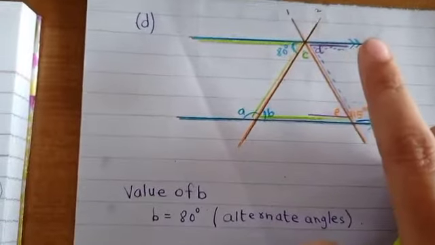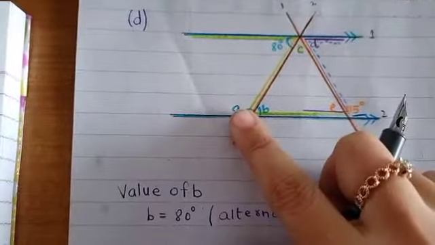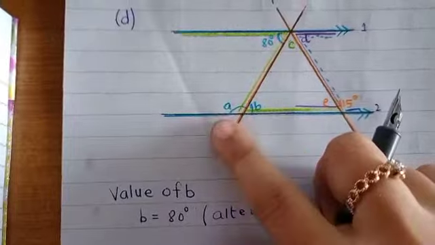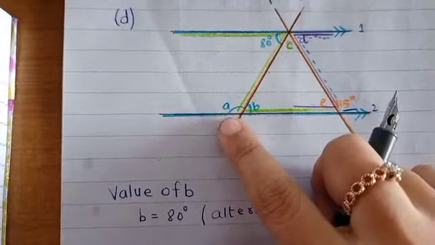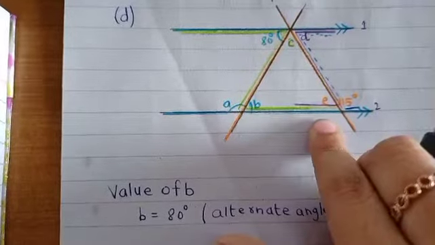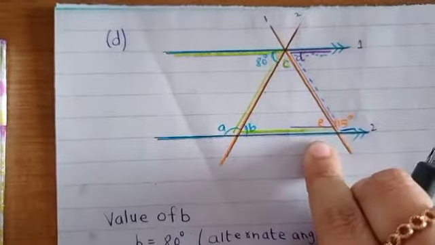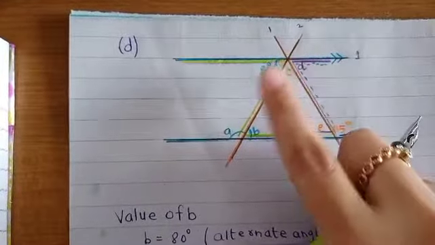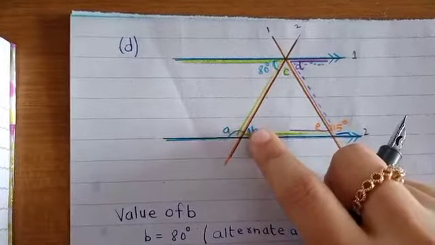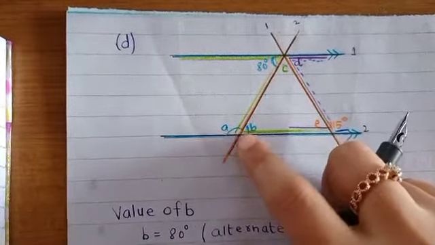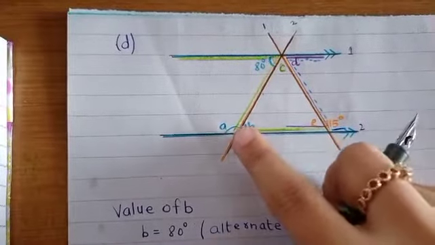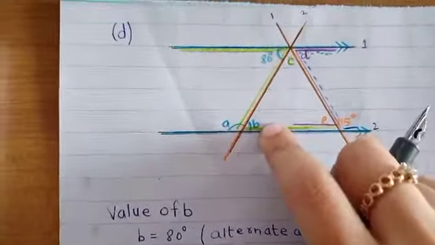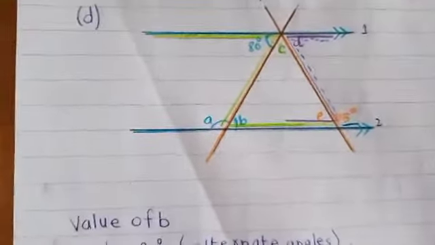Okay, now what is the next letter which I am choosing? I am choosing A next. Because I know that B is known to me now, it is also 80 degrees, I can solve A. How can I solve it? I want you to focus on parallel line 2 and again transversal 2. If you see that parallel line 2 and transversal line 2 are bisecting, they are making two supplementary angles on a straight line. This is a straight line and the transversal is bisecting and two angles are formed. So again two angles are formed, angles on a straight line, and that's how I can find out the value